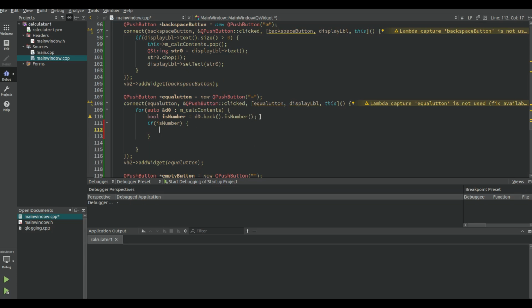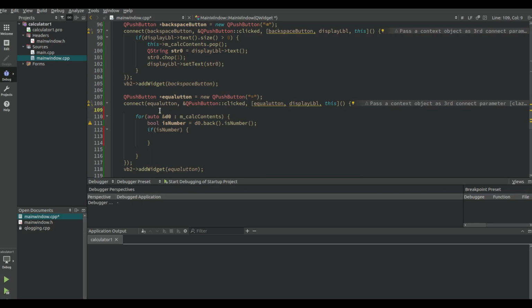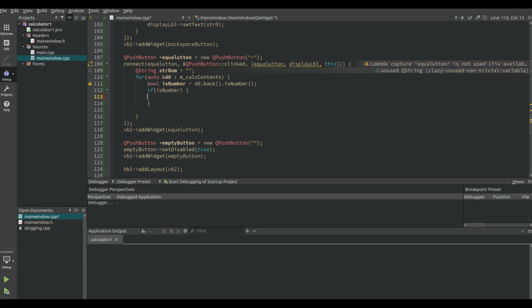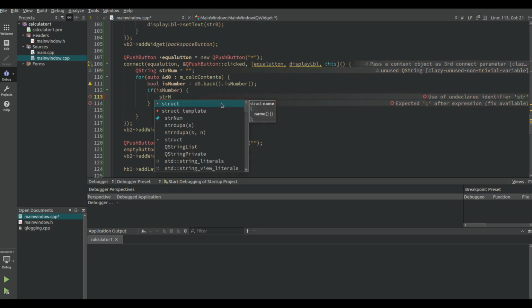You know what I can do? I do need to create a string. But not in the loop. Oh, am I going to have to pass a string inside there? No, I don't need to. I can do it right here. All right, so that's what I'm going to do. I'm going to create a string, str num, do that. Then in here, I'm going to say str num